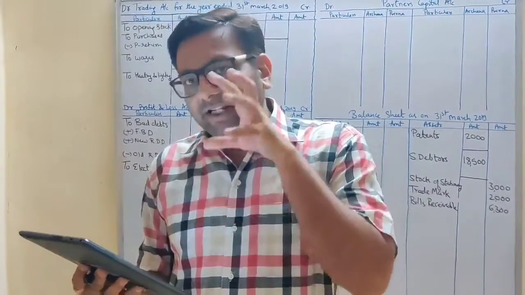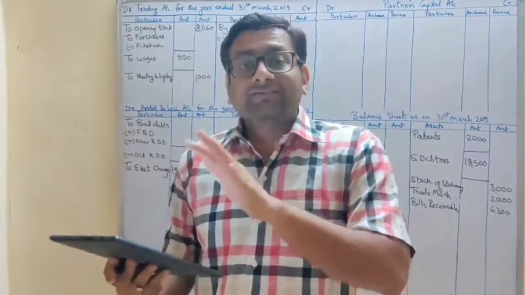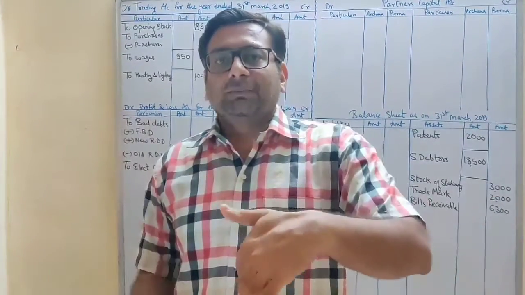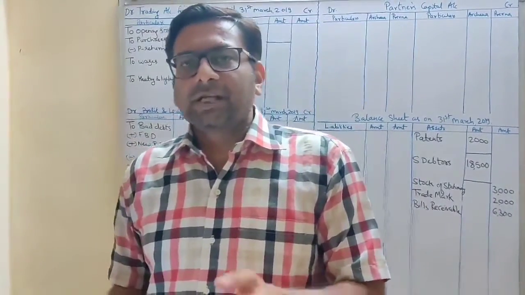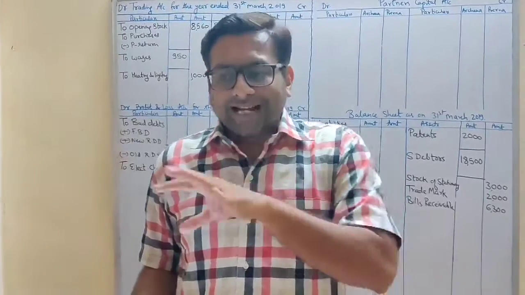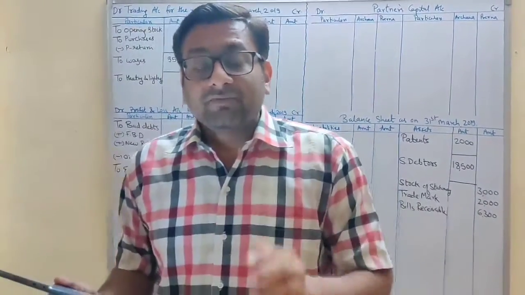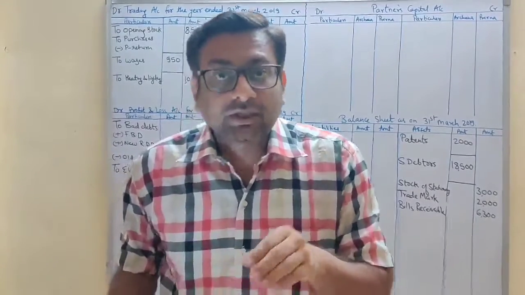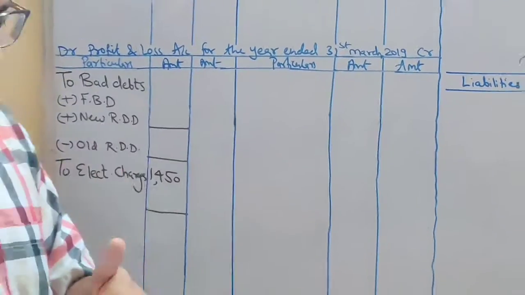Means a business, if it is a small scale business, they won't prefer to have separate accounts. So they mix up general expenses, or you can say sundry expenses, and trade expenses. In that case, when they mix up, they will give you only one item, trade expense. If it is a mixed nature account, it will go in the P&L account.